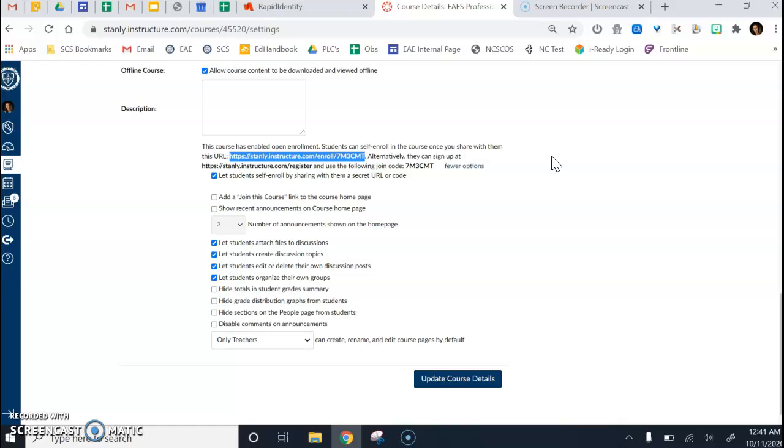The text right above it says this course has enabled open enrollment. That's what that checkbox is. And students can self-enroll in the course once you share with them this URL. So I just need the https